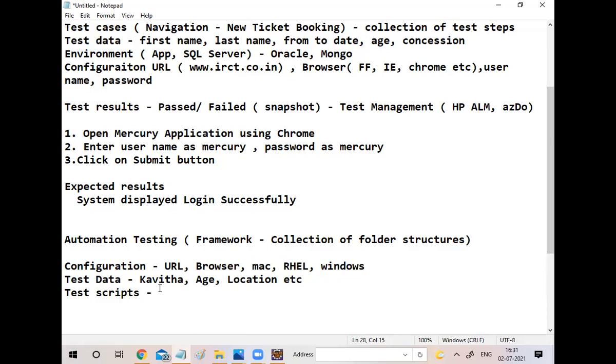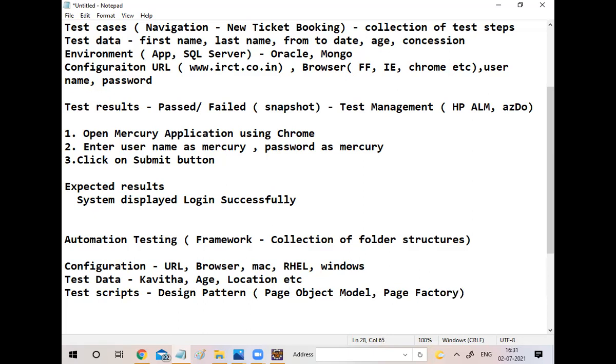Here we are going to follow some kind of design pattern. Some people use the page object model, some people use the page factory model. I'll explain later also. No need to worry about that. Page object model, page factory model.